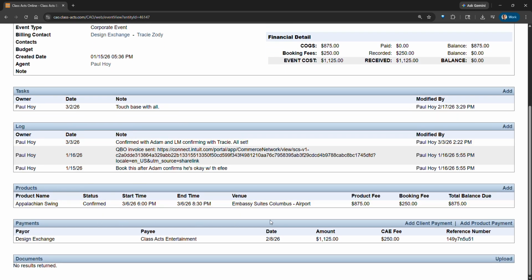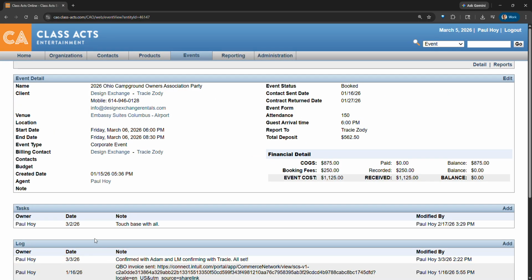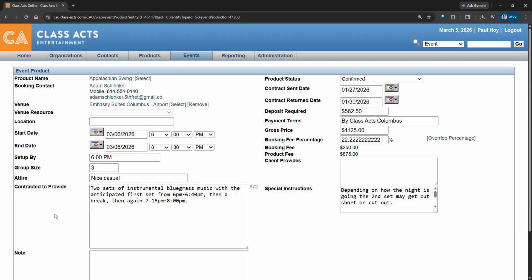Products, this is the only product that was pitched. We can add products if we wanted to. This one, I would not do that. But if we look at the product pitched, when we create a new product with an event, it defaults to pitched phase. But then as it moves through the workflow,